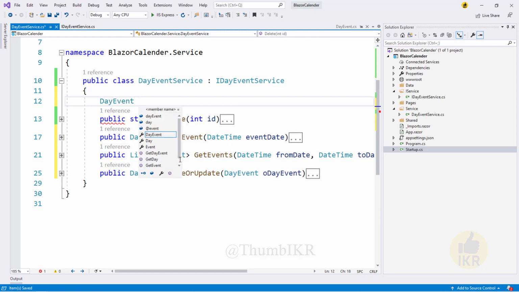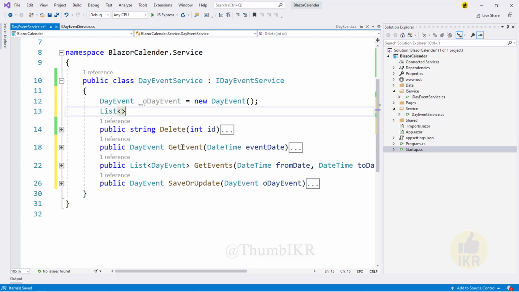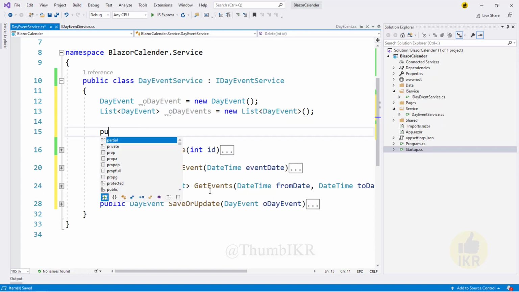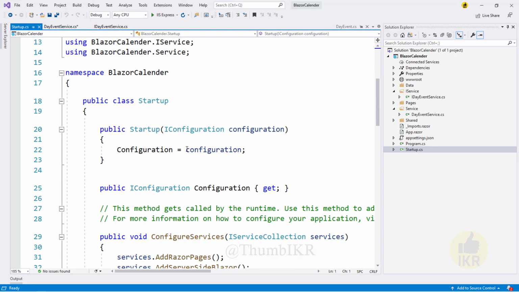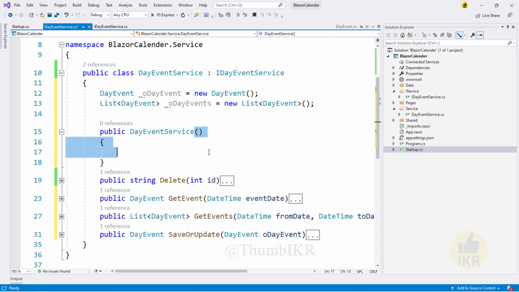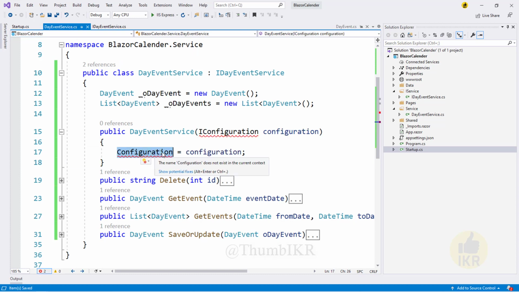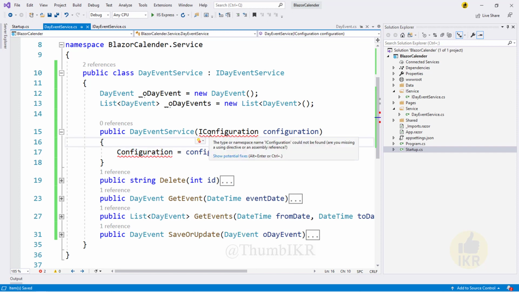Day event list, create constructor, this one. When startup, copy this part and paste here. From this configuration we can get connection strings. So okay,